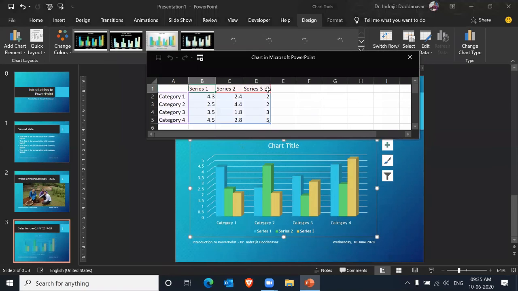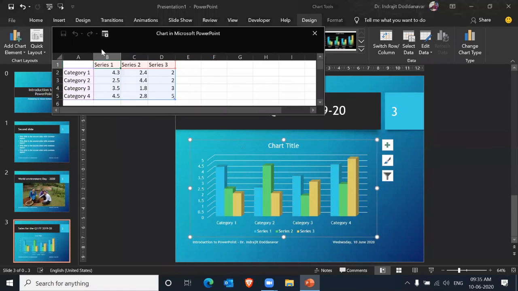So once we say OK, you can see that there is one spreadsheet, Excel type of window has opened, wherein they are showing you what is on the x-axis and what is on the y-axis. So from here we can modify it. For example, we have got two products, product 1, product 2, and by default we are getting the third one also. So we do not require the third one.